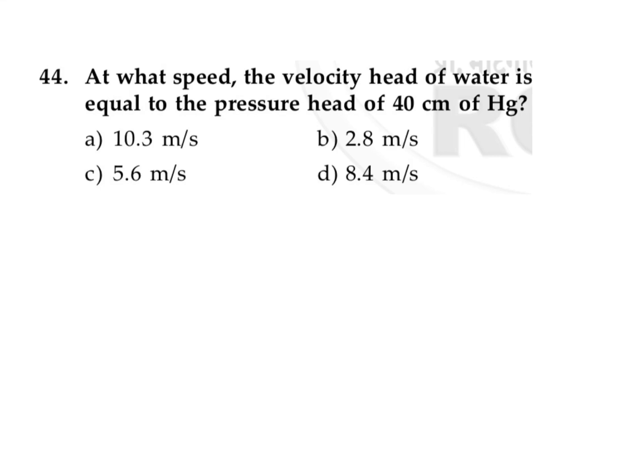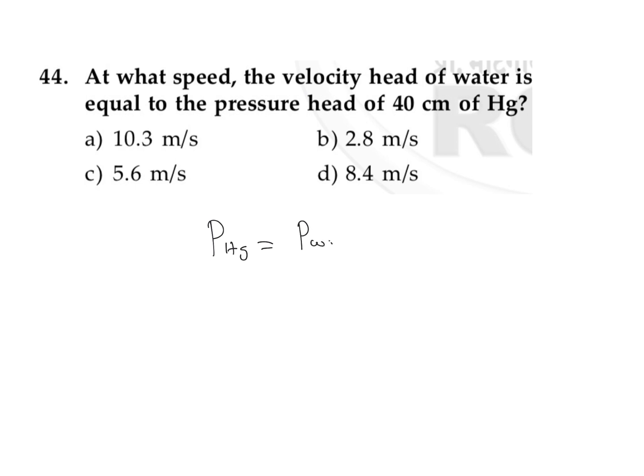At what speed is the velocity head of water equal to the pressure head of 40 centimeter of mercury? So first we can find out the relation between the pressure head of water and the pressure head of mercury. That means for the same pressure, let's say the pressure exerted by the mercury column is equal to the pressure exerted